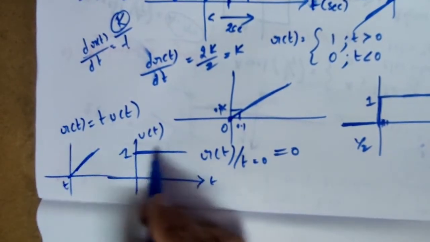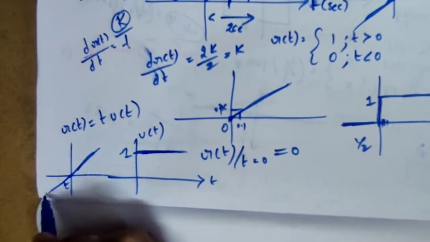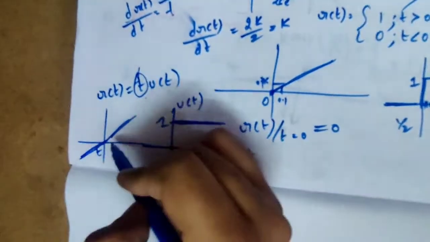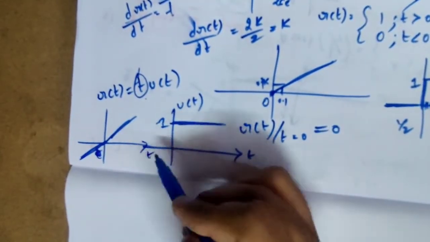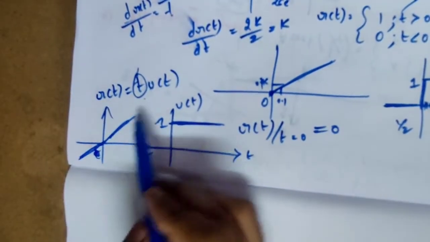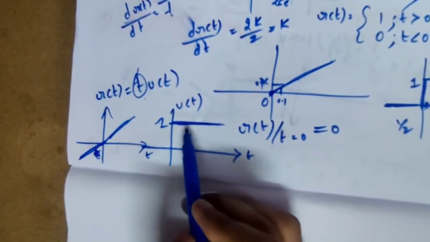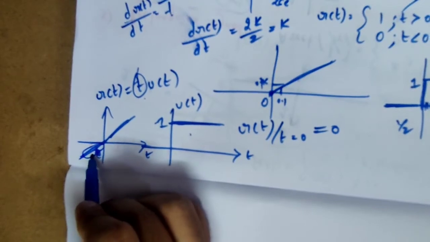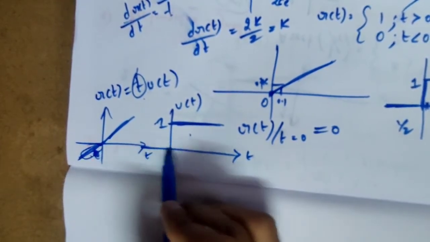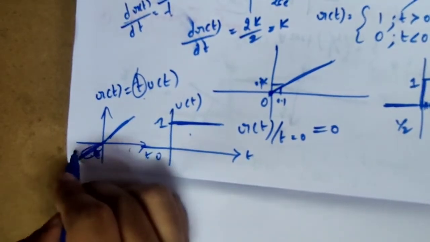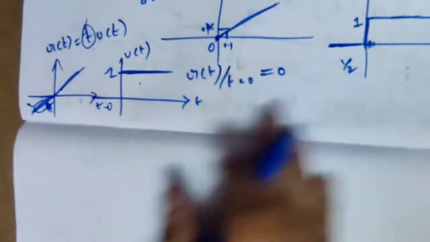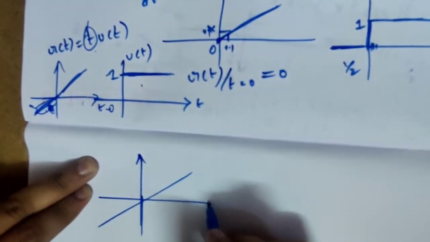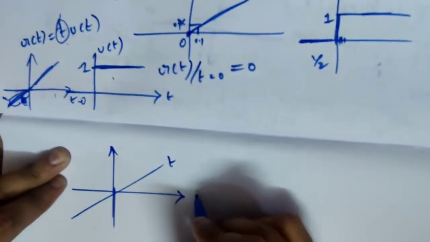So if you multiply anything with it, now t would also have a negative part, because I am simply talking about t. So how will the graph of t be? It will be like this, right? So if you multiply this with u of t, in the negative axis we are having some amplitude, whereas for u of t you don't have anything. So 0 into anything is 0, the resultant. Let me draw here. This is t